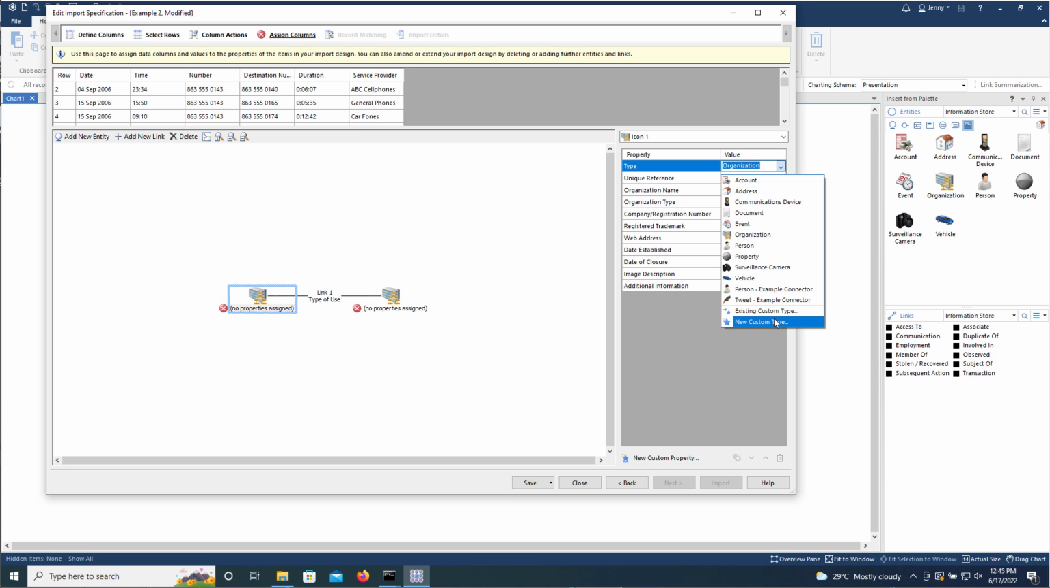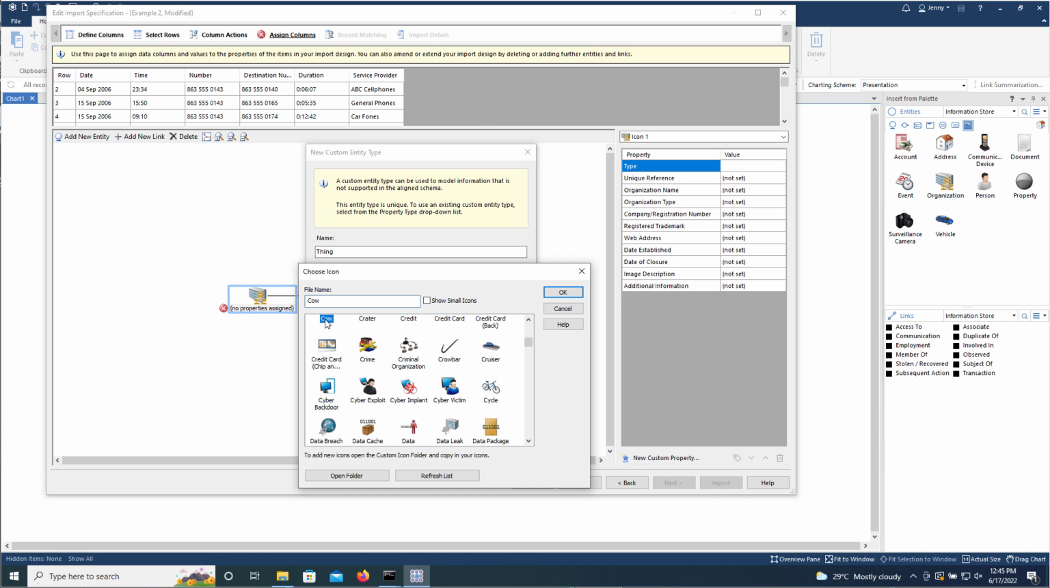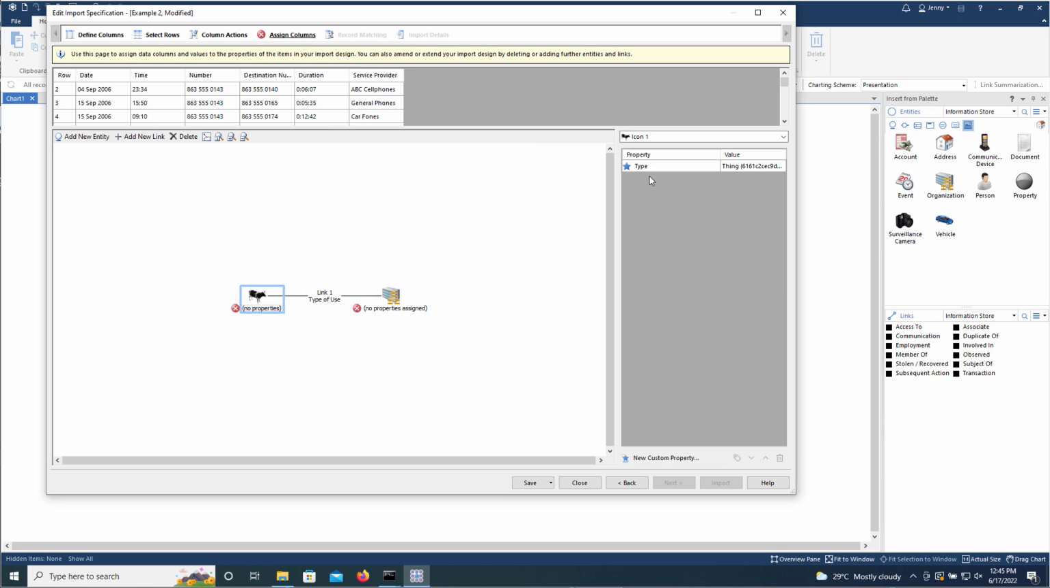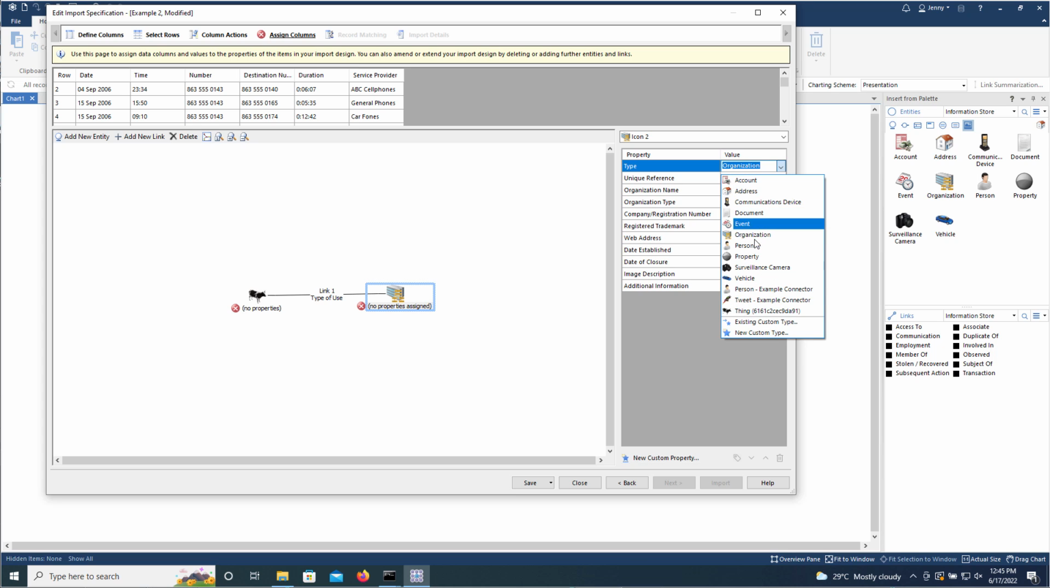So I'm going to create a new one, and we're going to select an appropriate icon for it. Just for fun, we're going to use the cow icon. We've now got a custom entity type. I can, for example, assign the other to that already defined entity type, or I could use one from another